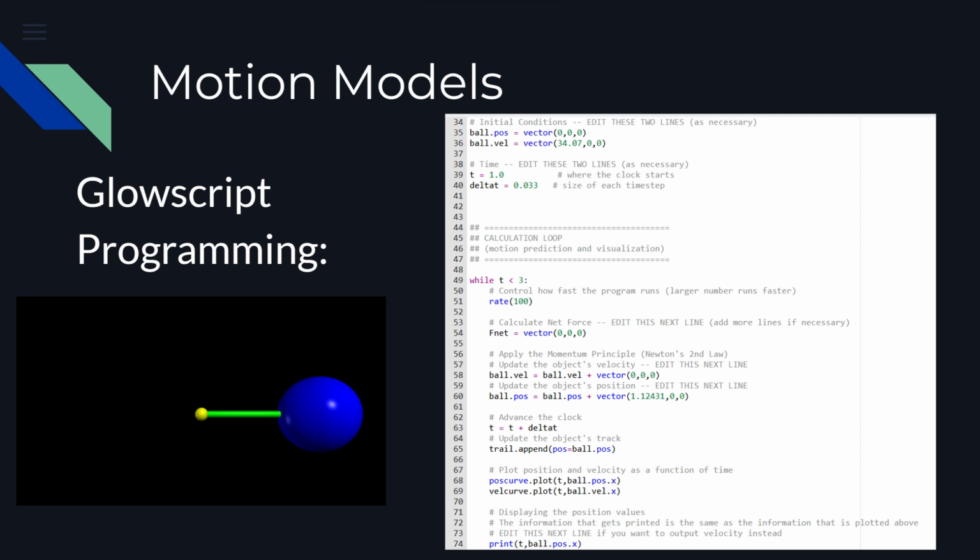To obtain these graphics, we coded the necessary conditions in GlowScript as shown in the image. So what does the code do? From top to bottom, the program includes setting the initial position to 0, setting the initial time to t equals 1 to match the time we begin recording data in the lab, setting the change in time to 0.033 seconds